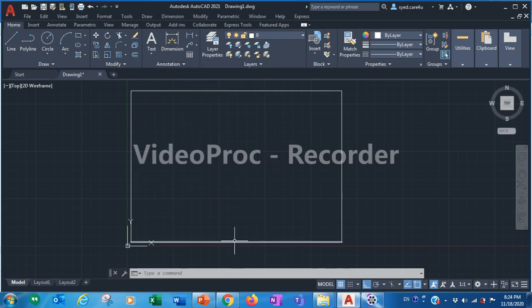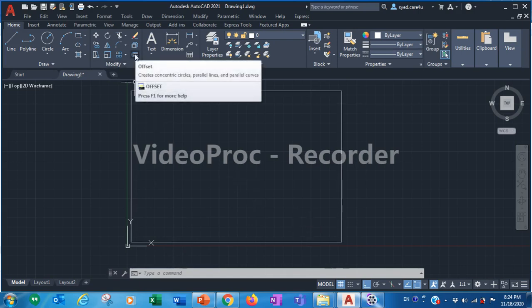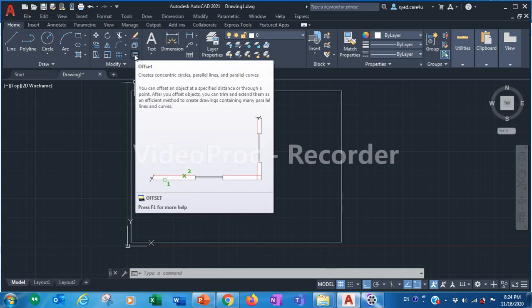Here one line is there. I need to create one parallel line here at a distance, so I can use this command. If I need to create one more parallel line, I will use the offset command. Come here and click offset.